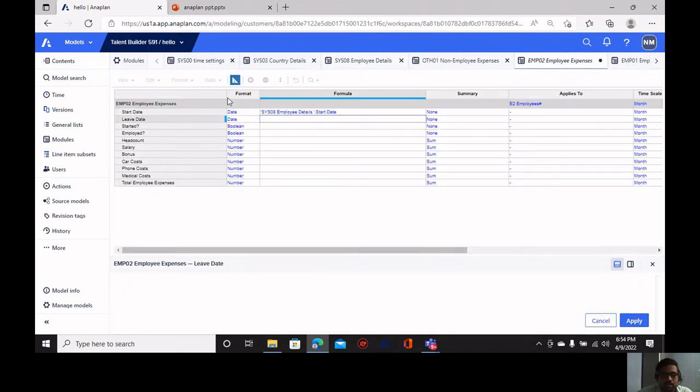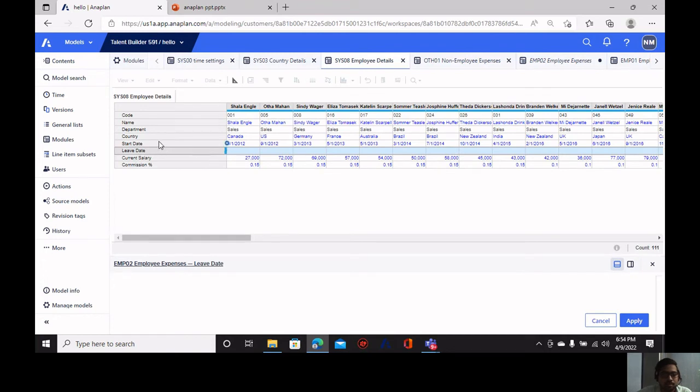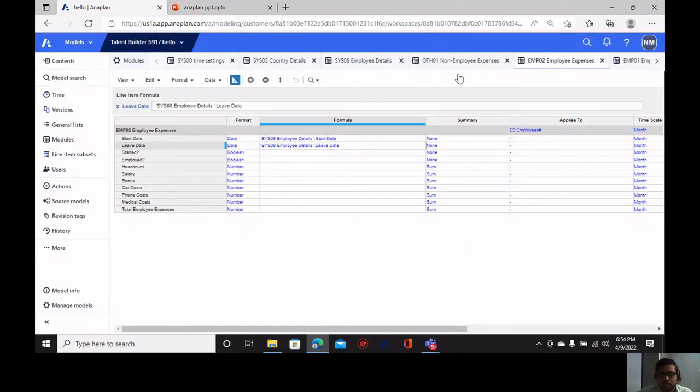Let me edit. Before going to the next module, we should click edit, then only the bar comes along with the different modules. The next boolean, started, which we are going to say to the system as